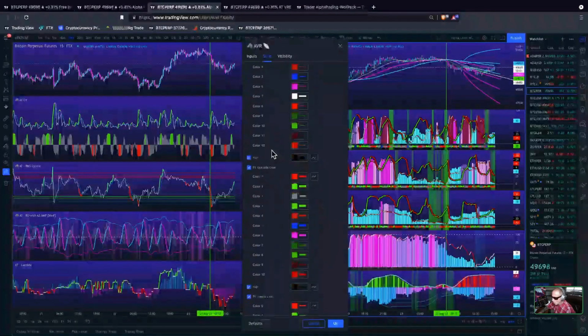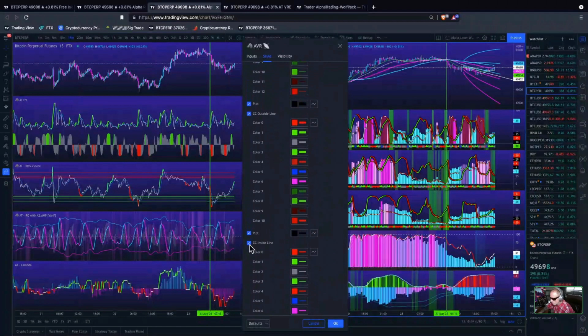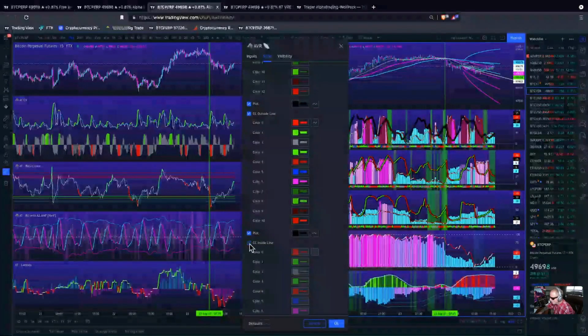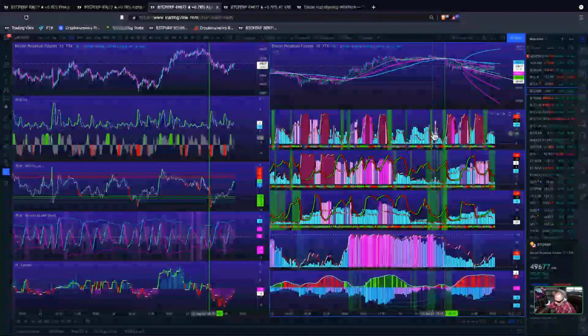Where are you? CC, I think it's just the inside. Oh, I got to turn off the plot too. There we go. So this little skinny line, this little red and white line, this is alpha volatility. That is a combination of implied